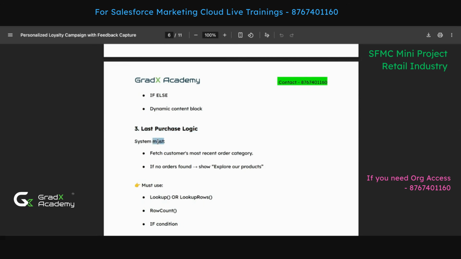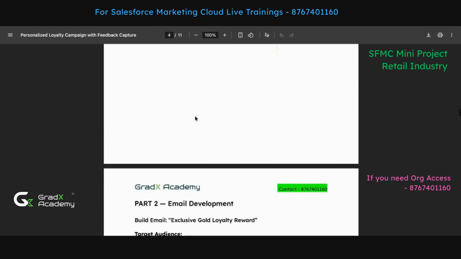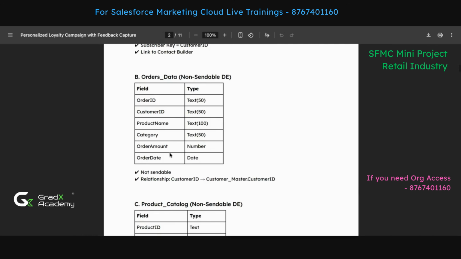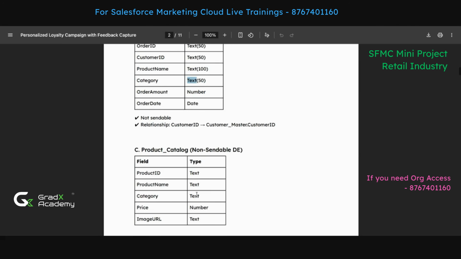Okay, last purchase logic. Now the system must fetch the customer's most recent order category. So if no order is found, then show explore our products. So how are we going to recommend the product? By getting the last order's category. In the order data extension we have a category. Depending on the product category,